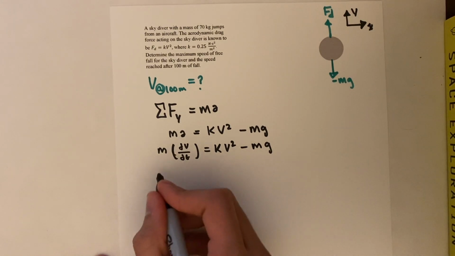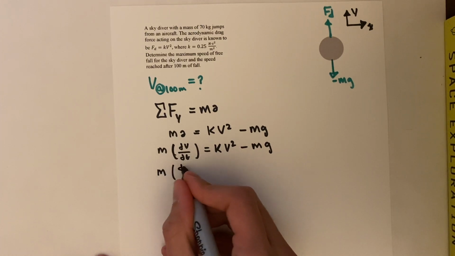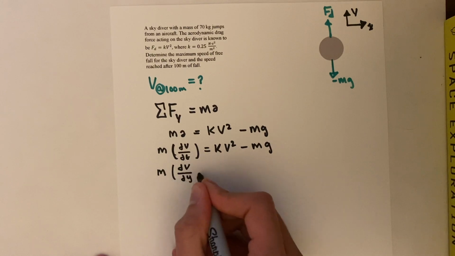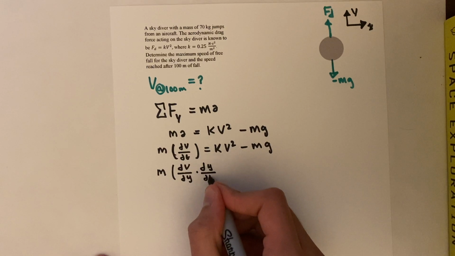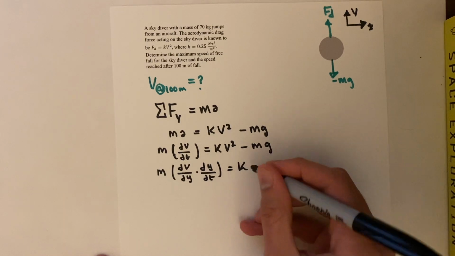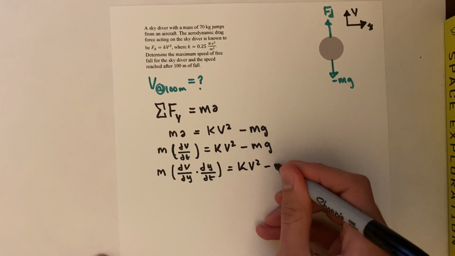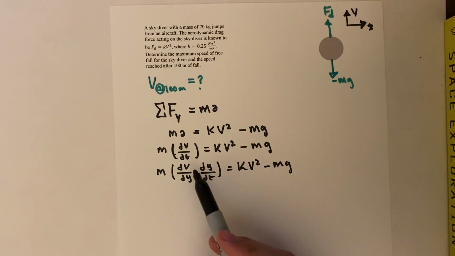And we could also go a little further with this and say that dv over dy times dy over dt is equal to our second half of the equation. And notice that nothing is changing here. I didn't add any expressions. If I cancel out the dy's, I would end up with dv dt,